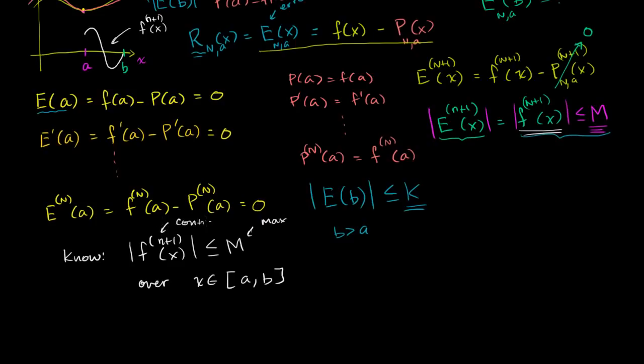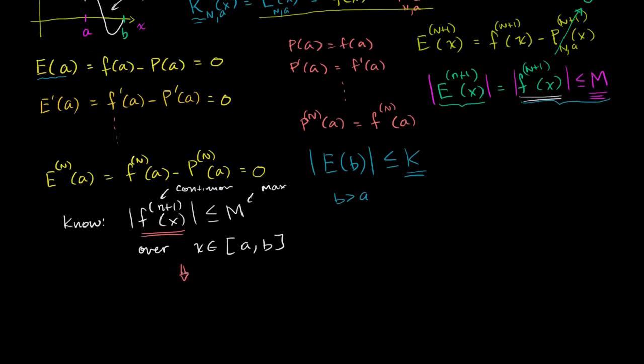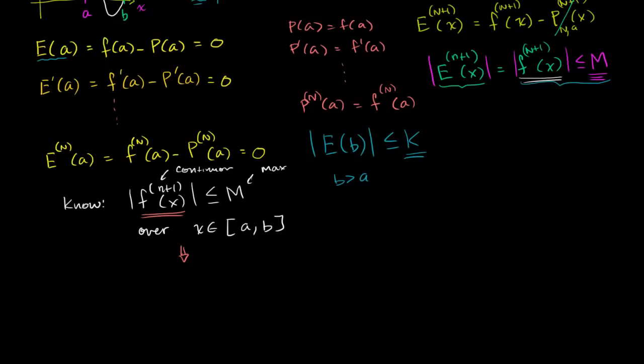So once again, we're going to assume that it is continuous, that it has some maximum value over this interval right over here. Well, this thing right over here, we know is the same thing as the n plus 1th derivative of the error function. So then we know that this implies that